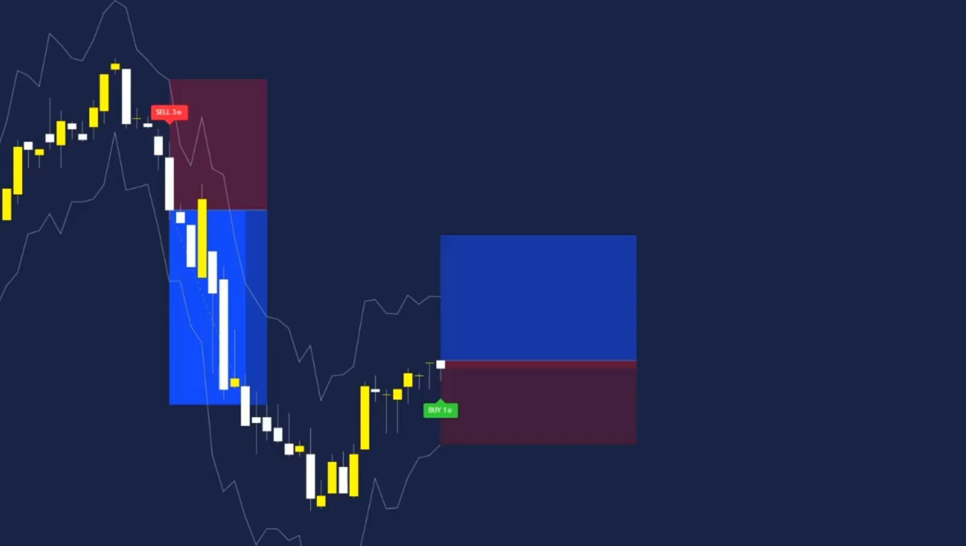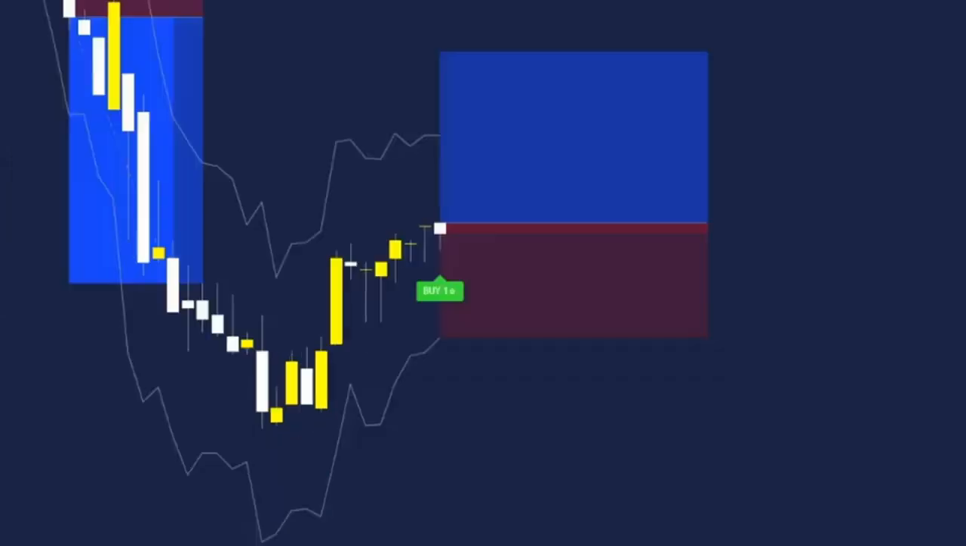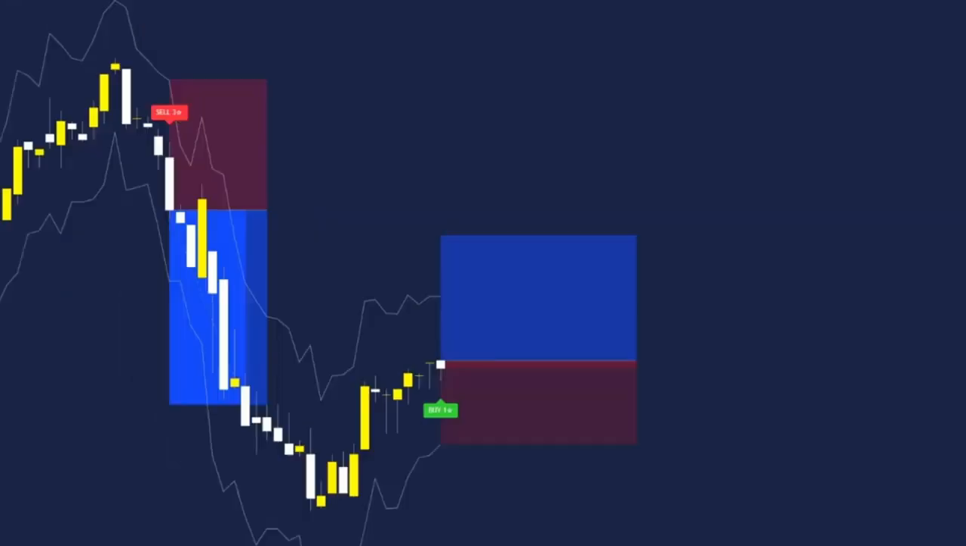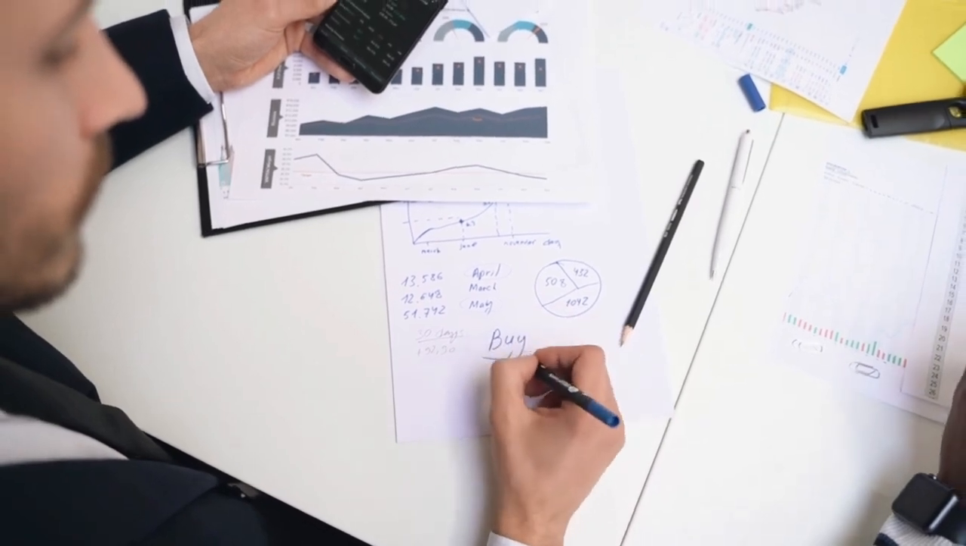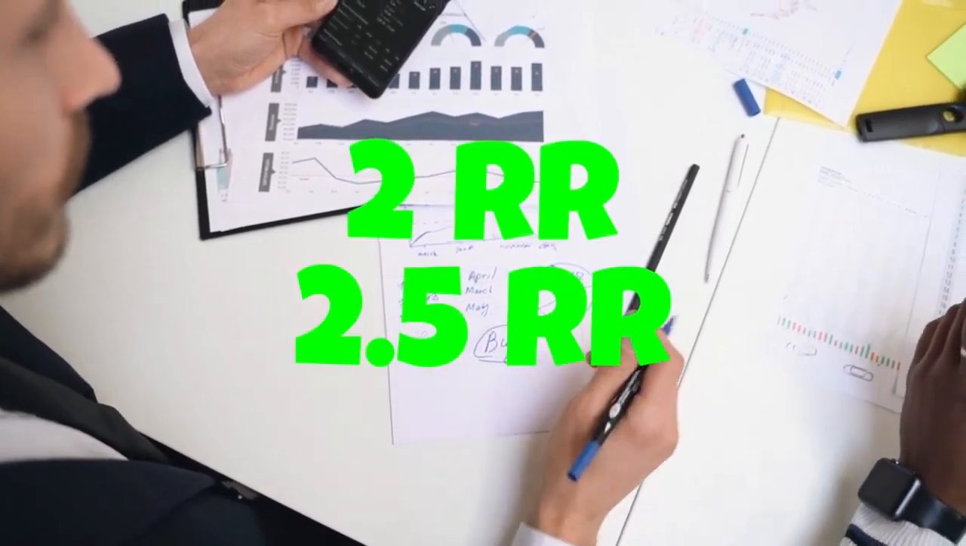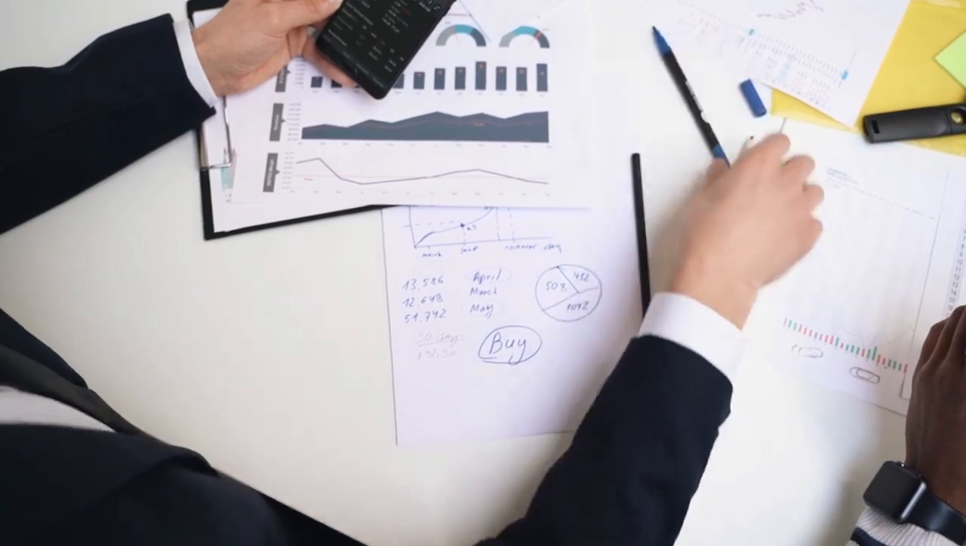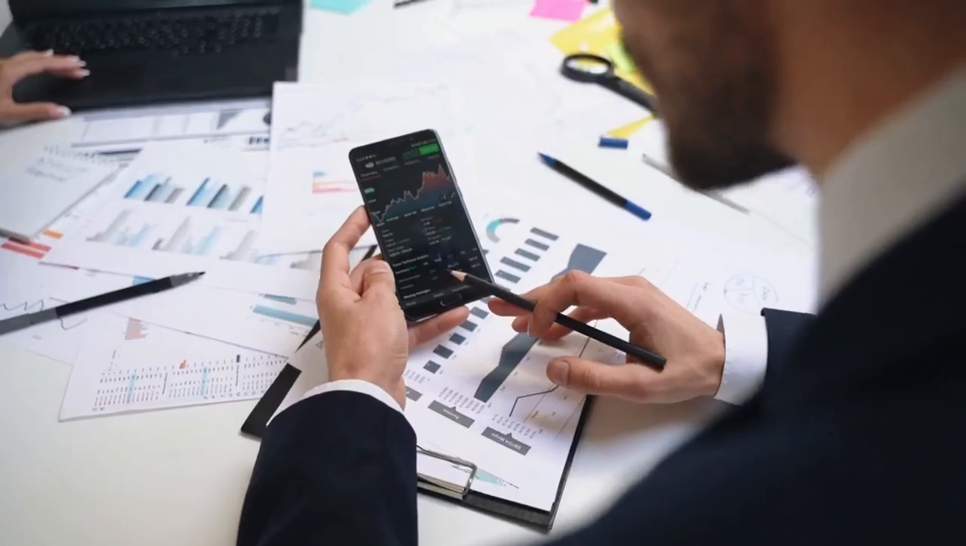So again, we enter on the close of the candle, making sure that we set our stop loss at the ATR line and targeting that 1.5 risk to reward. If a 1.5 risk to reward ratio is too low for you, then maybe try a 2 or 2.5 risk to reward. But personally, I have had the best results with this testing, and the lower the risk to reward,